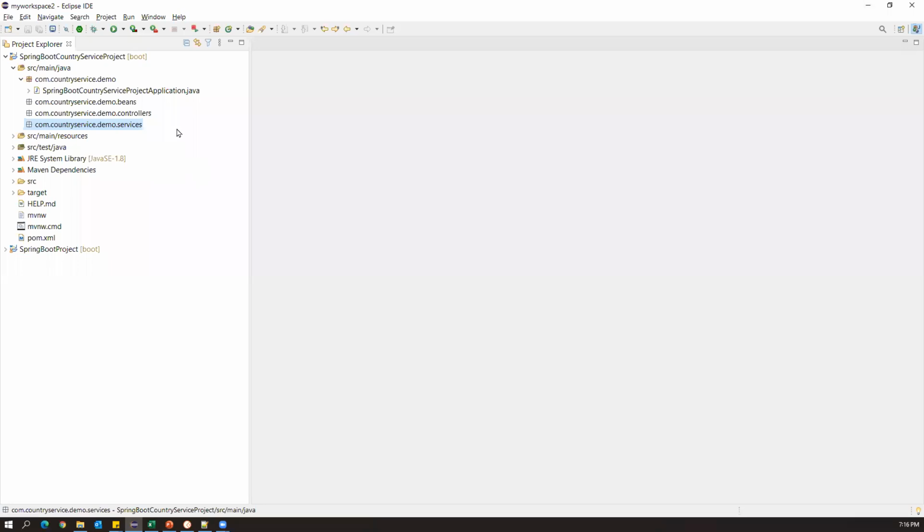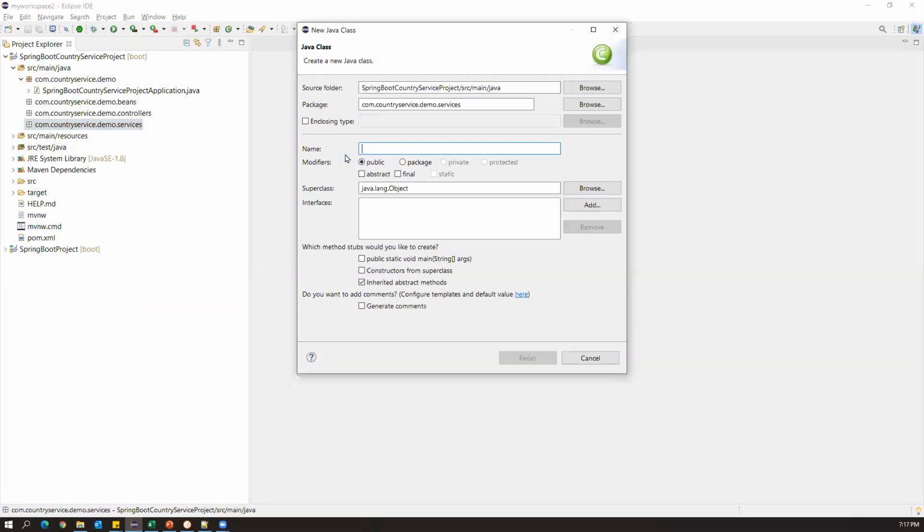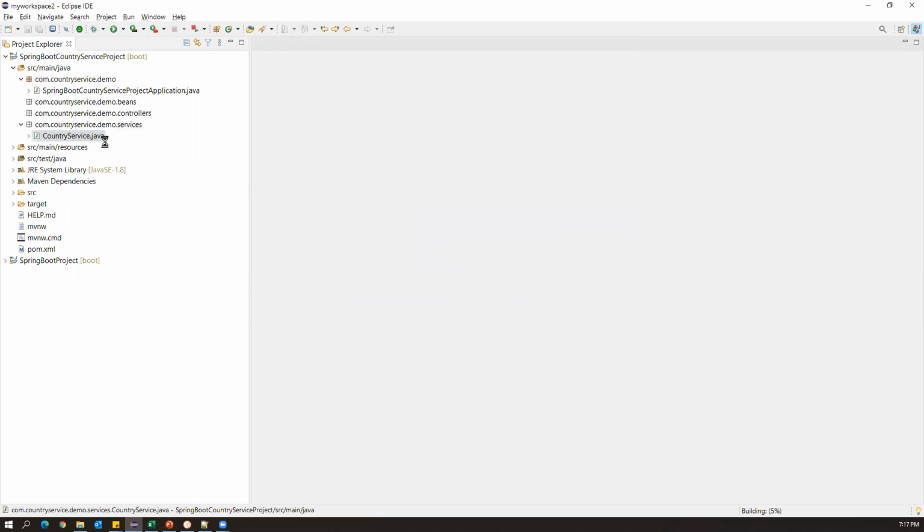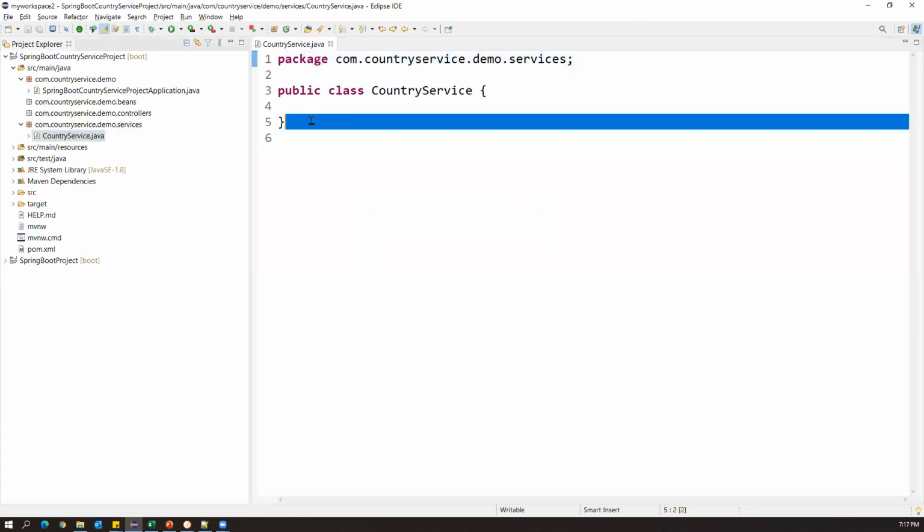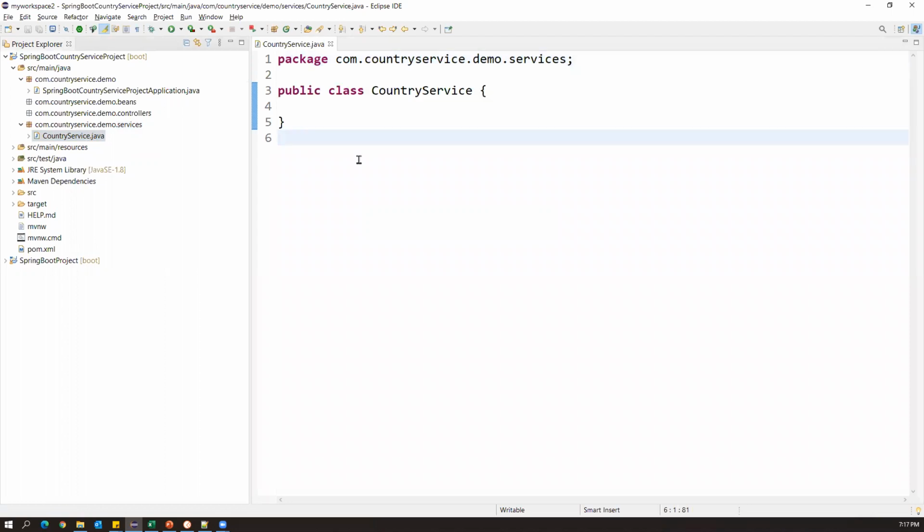Now in the services package, we have to create a new class. I will name it country service and click finish. We will implement this class later. This is the main class, and all the service logic will be present inside it.